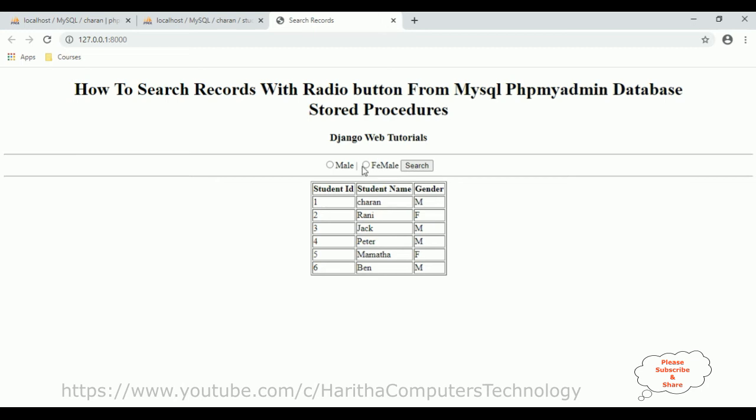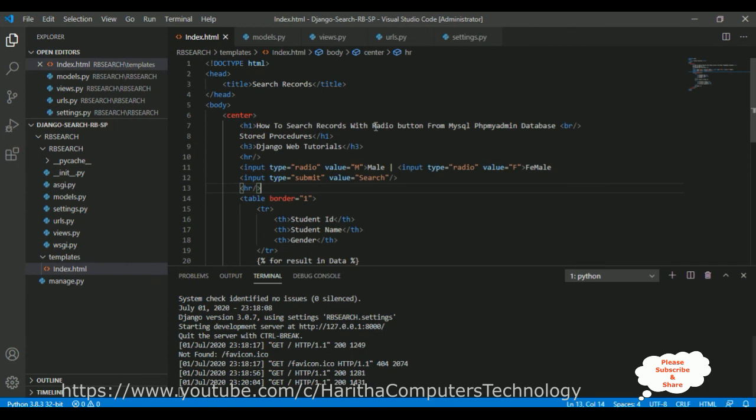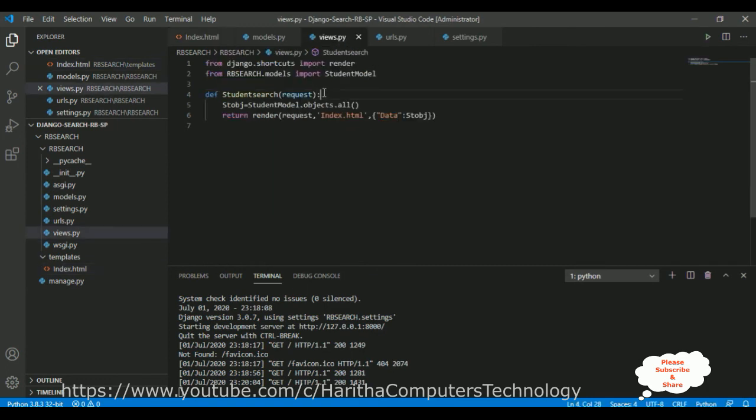Now let's add the functionality. When a user selects any of the genders from the radio button, I want to display that selected radio button value. So again switch back to Visual Studio, go to views. In this results I'm adding